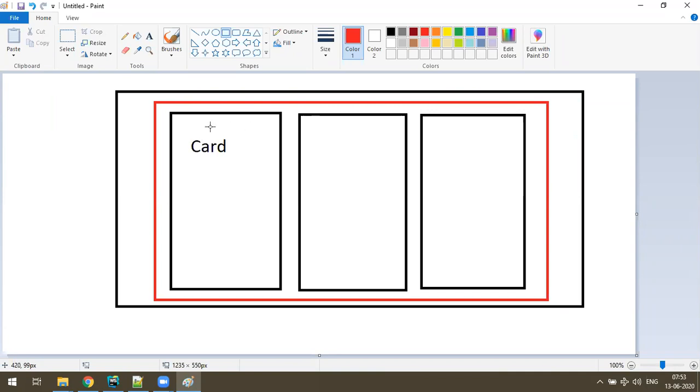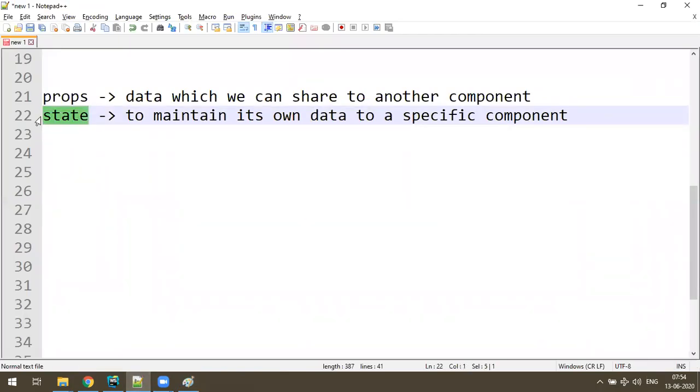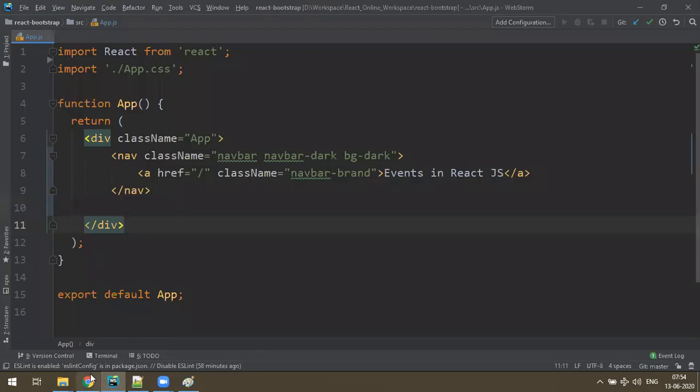Suppose you want to display some image. When I click on a button, I want to change the image and some functionality. So whatever data is required for the functionality of this particular component, I want to maintain only for this, because I don't want to share it with others. This is specific to this component only. So if you want to maintain any data which is particularly for a specific component, you have to use the concept called state. So let's see how exactly state works and how to modify the state. Let's take a simple example of one component.